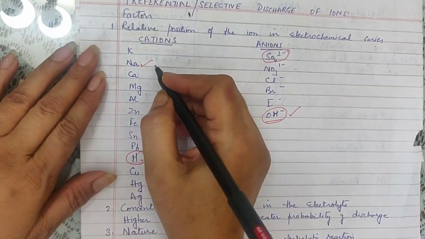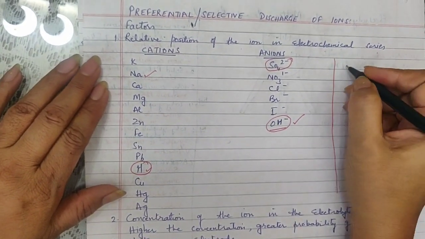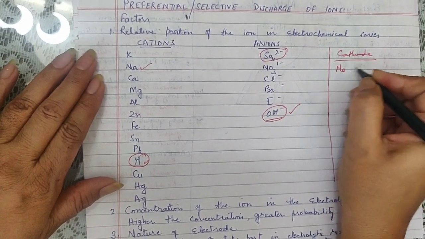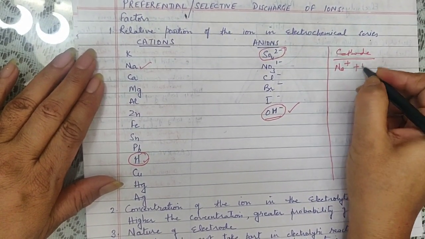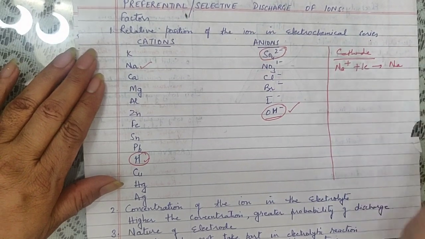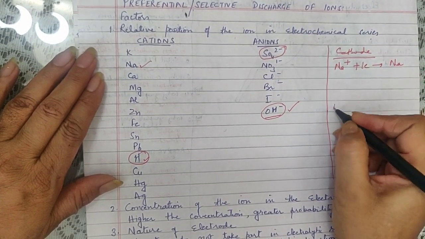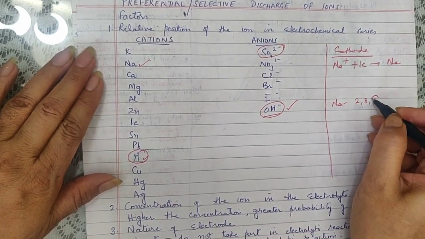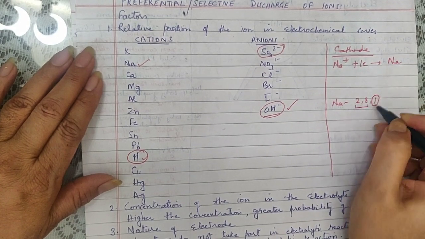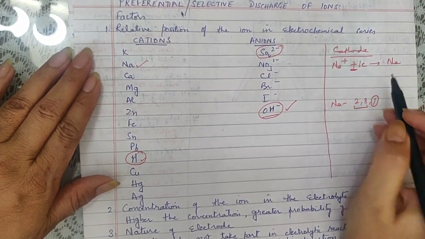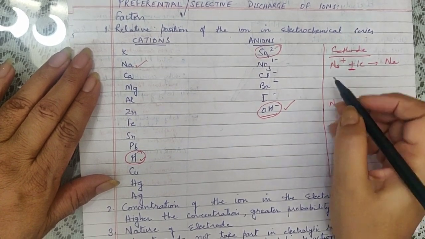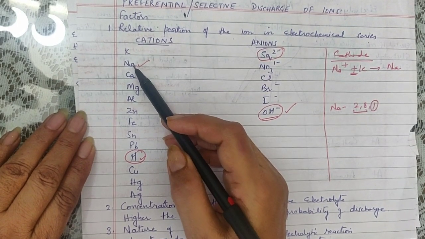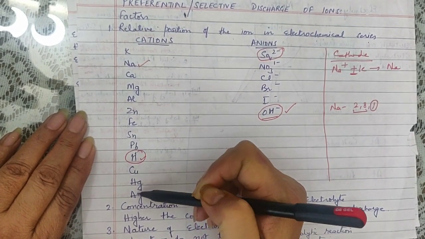See, for example, when any ion moves towards the cathode, what process is actually going on? Suppose sodium ion goes there and it accepts one electron and forms a sodium atom. Now you all know that sodium is a metal. The configuration is 2, 8, 1. So sodium is very willing to lose one electron and acquire stability. If it comes to acceptance of electrons, it will not do it that readily. The metals which are on the top are reluctant in accepting electrons as compared to the metals which are down below.